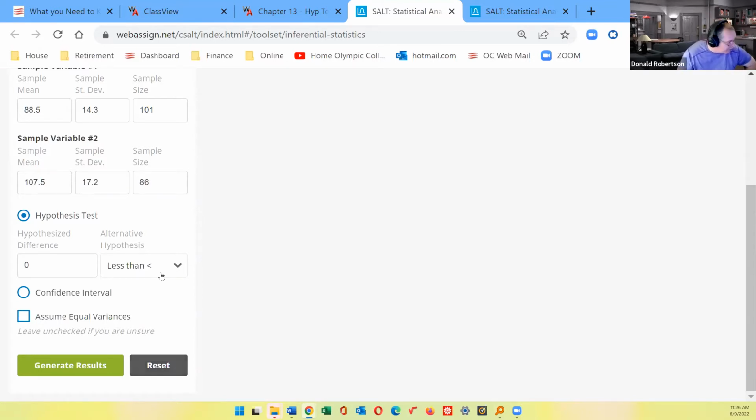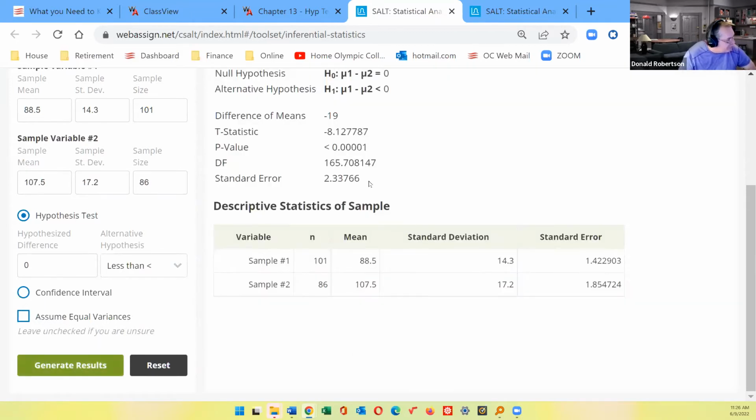Now, if you did it the other way around, which I'm going to do in a moment, just to show you how screwed up the answer would be, we'll assume that nothing special is going on. Can you see the t statistic is really nice and big and negative? And can you see the p-value is tiny, which is really good evidence? If I had done greater than, which is the wrong way around,